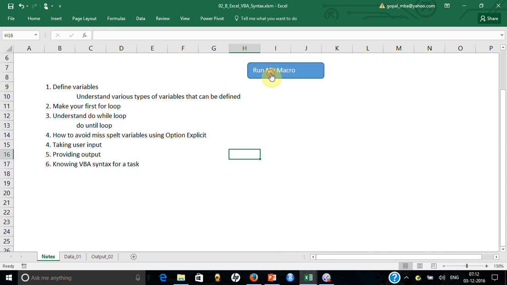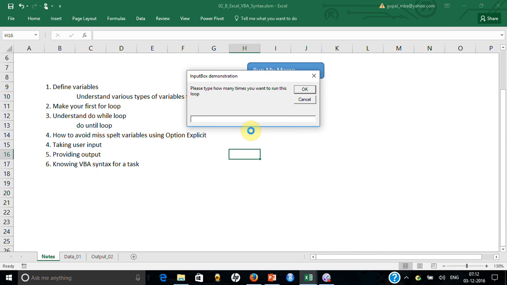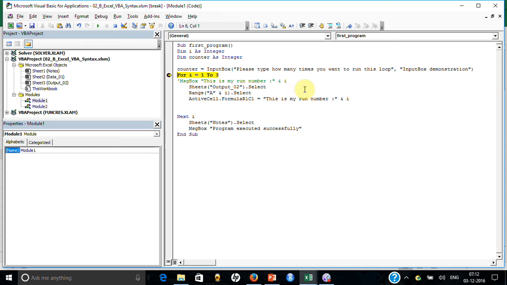So you come here, run the macro, and it has given a prompt. Let's say I put 5. Okay, you put 5. You look, counter has taken 5. You understand why it is called integrated development environment, because you can move your mouse and you can see it. And in fact, look at the breakpoint, it ran till here and it is stopped.